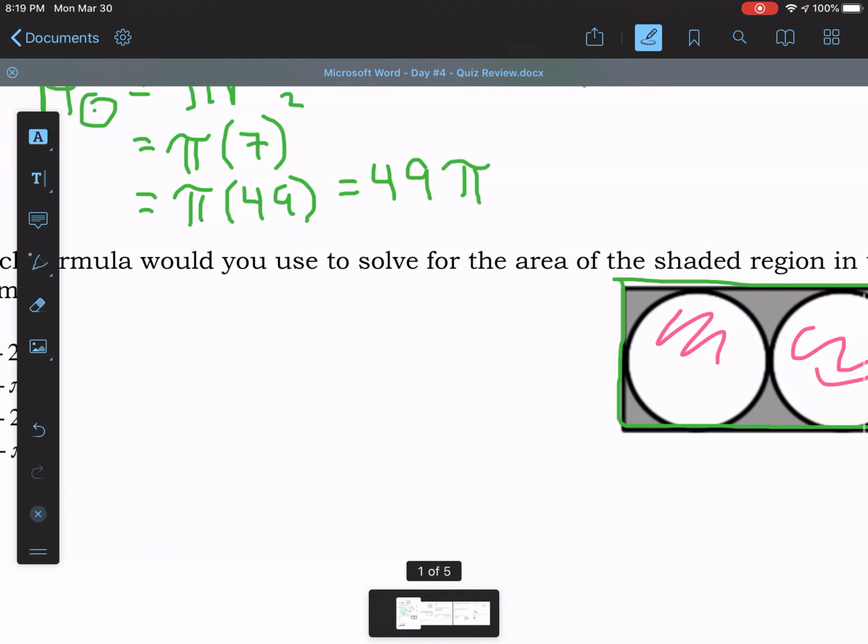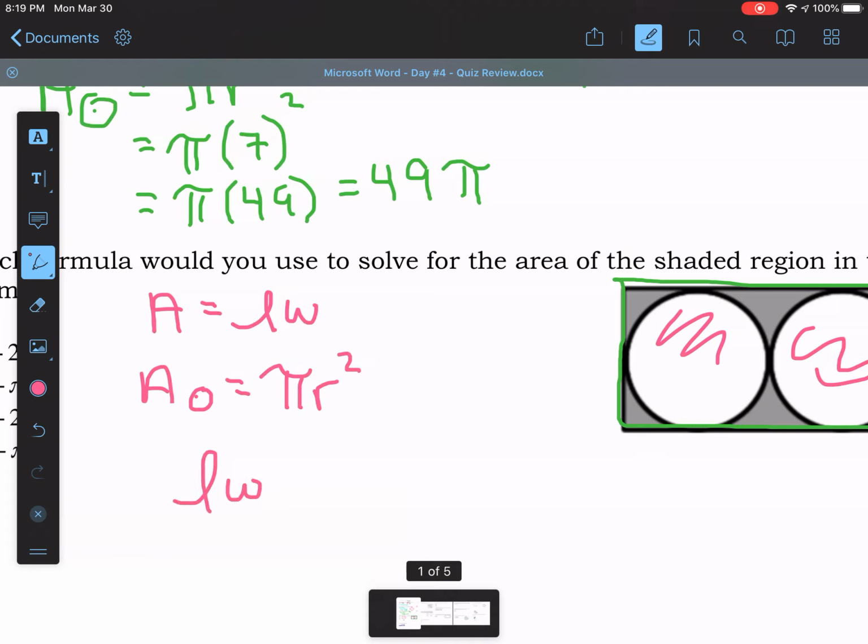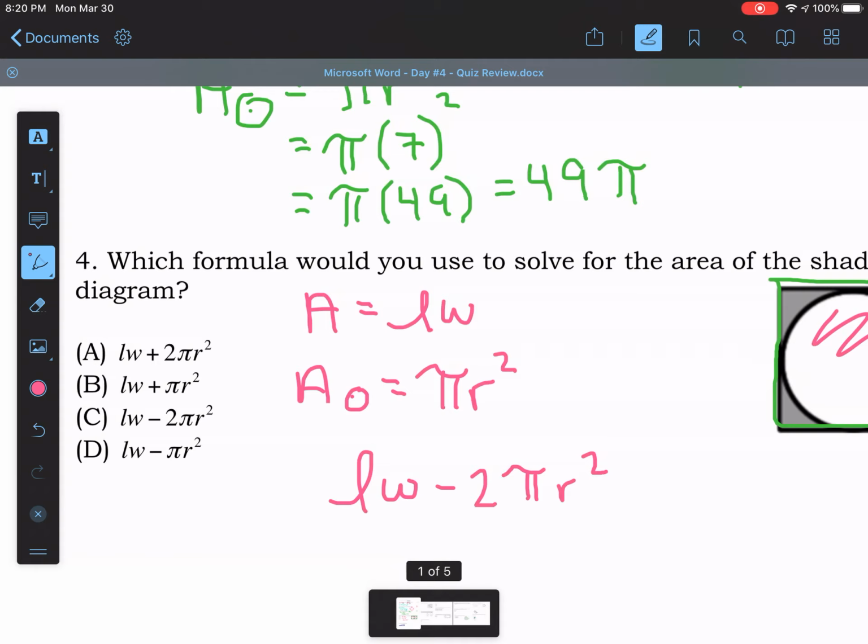So the formula for area of a rectangle is length times width, okay? Now the formula for area of a circle is pi r squared. So in this particular example, we'd be doing whatever the length times the width is, minus, now since we have 2 circles here that are of equal size, we'd be subtracting 2 times pi r squared, okay? So looking at our answer choices, that is choice 3, or choice C, okay? All right,